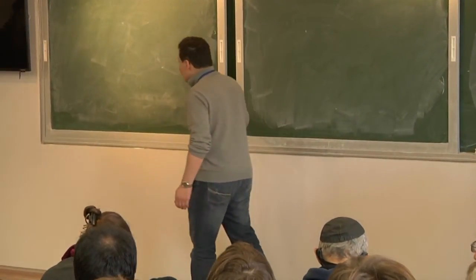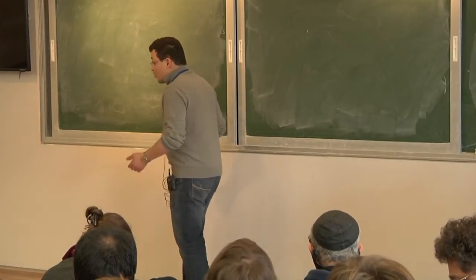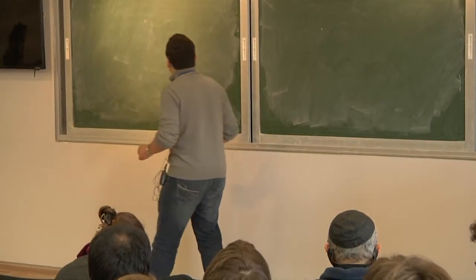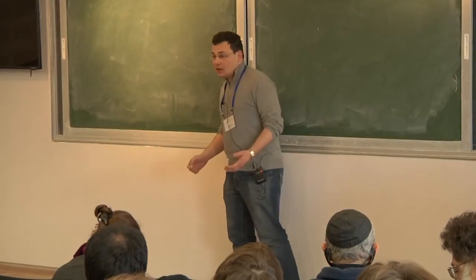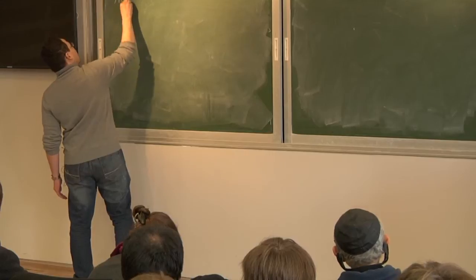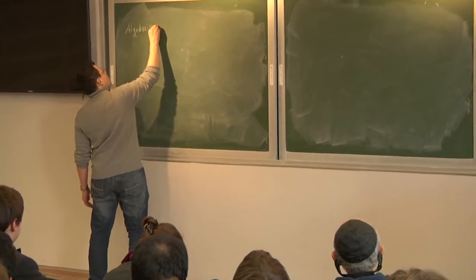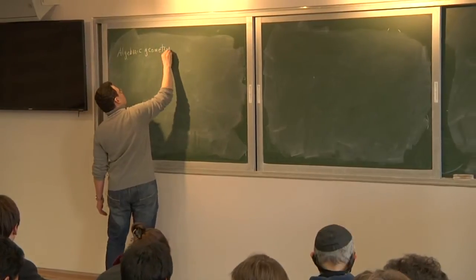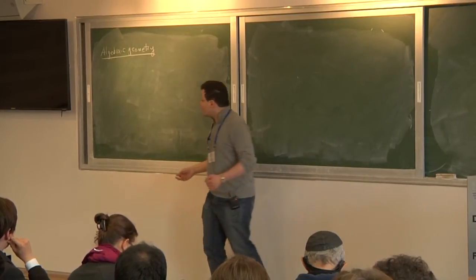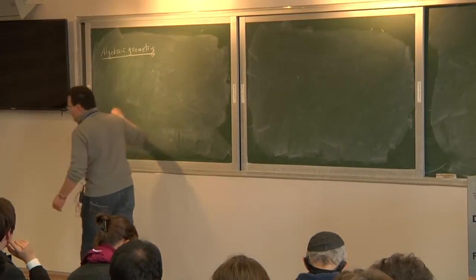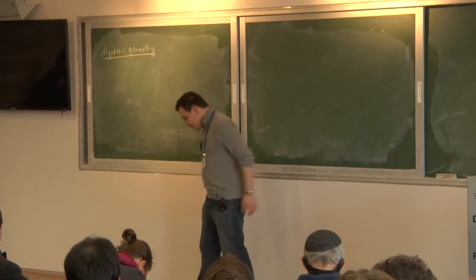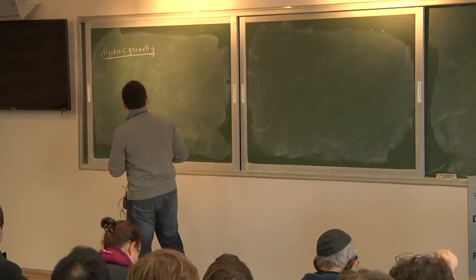So I wanted to start by saying something a little bit about what derived algebraic geometry is all about and how it's a general, well, and we'll see. But before that, let's say what algebraic geometry is all about, regular algebraic geometry. Well, probably if you look on Wikipedia, unfortunately I haven't tried this, it'll tell you something like that algebraic geometry is the geometry of solutions of polynomial equations. You have some polynomial equations, they define a variety, so that's all very good, but this